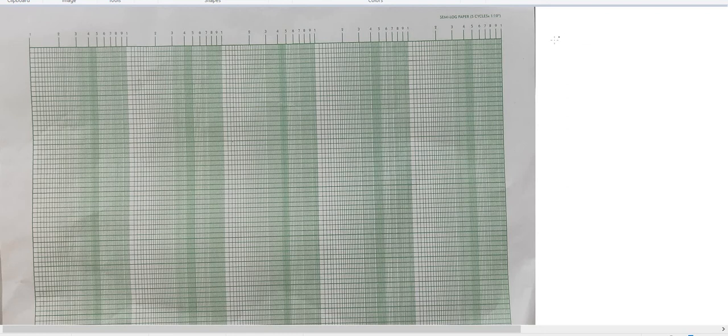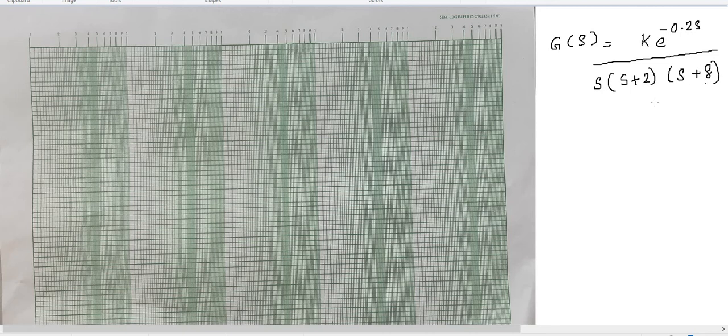So the problem is: G(s) is given as G(s) = K e^(-0.2s) divided by s(s+2)(s+8). Find gain K of the system for which the system is stable and gain margin is equal to 6 dB